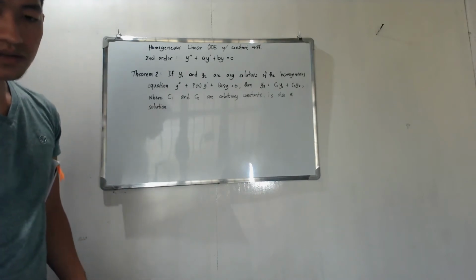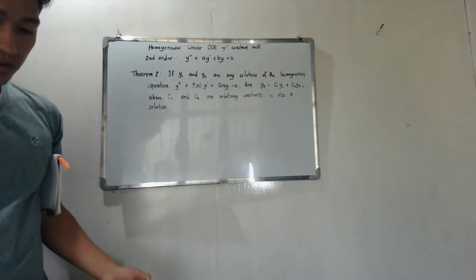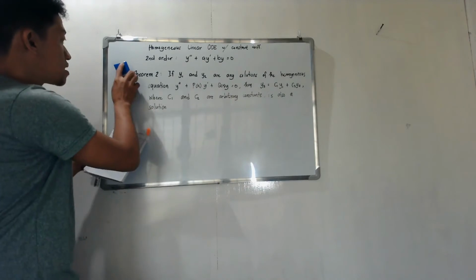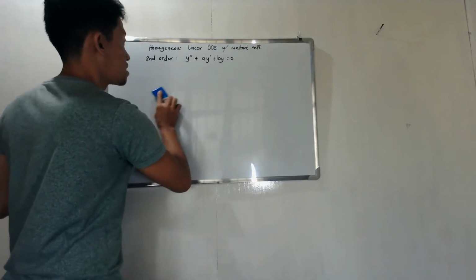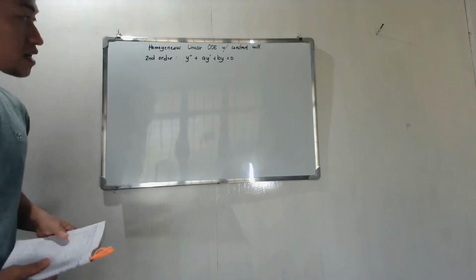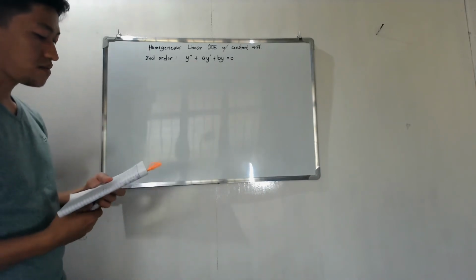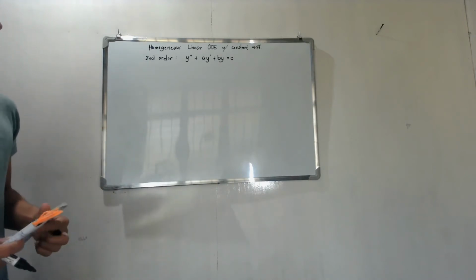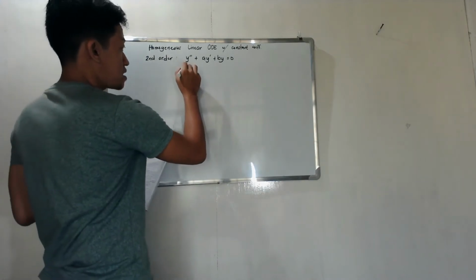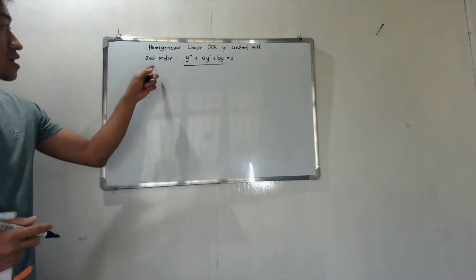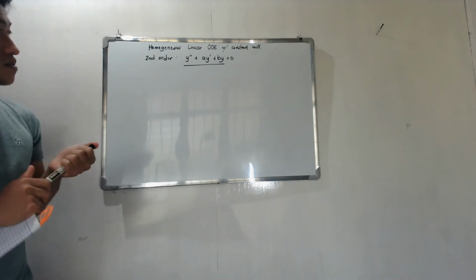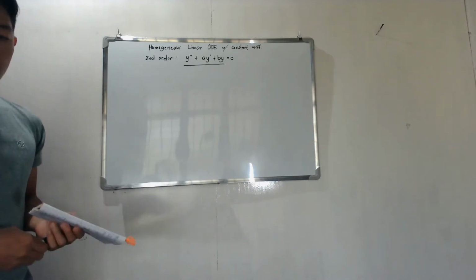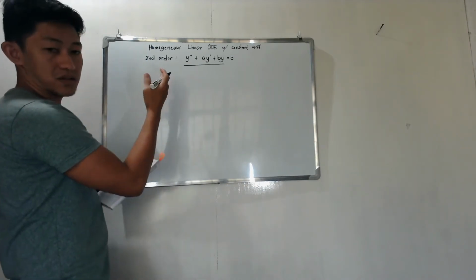Okay, so there are also some theorems in the book which we will not discuss, but we will proceed on how to find the general solution of this second order homogeneous differential equation. Okay? So this is the general form for a second order linear ordinary differential equation. Okay, so according to the book, the solution of this